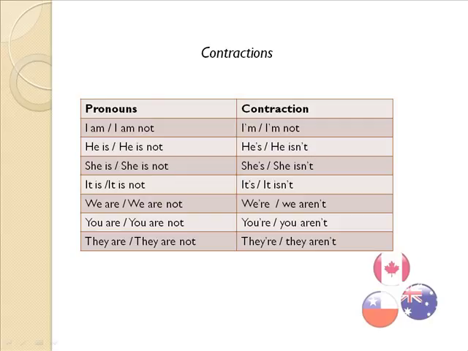When you use the negative, you can find different kinds of contractions. Contractions is when you abbreviate some words into smaller units. So you can say I am not, or I'm not. He is not, or he isn't. She is not, or she isn't. It is not, or it isn't. We are not, or